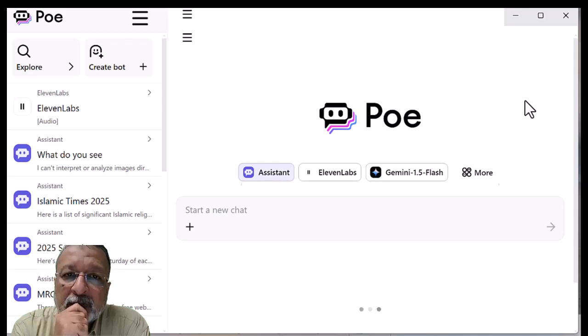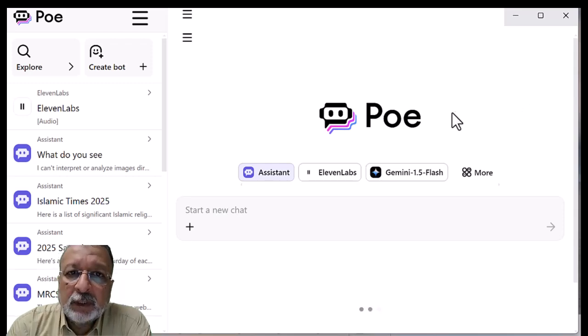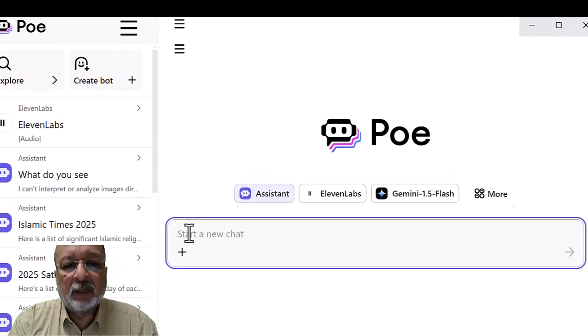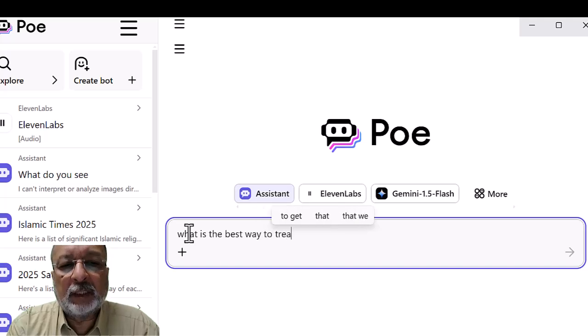As I will show you here on the screen, it has an application on your mobile and desktop, plus a website, so you can use any of these varieties. The beauty of this, rather than Gemini or Copilot or DeepSeek alone, is that here you can be connected to multiple ones. So you put your question, for example, what is the best way to treat type 1 endoleak